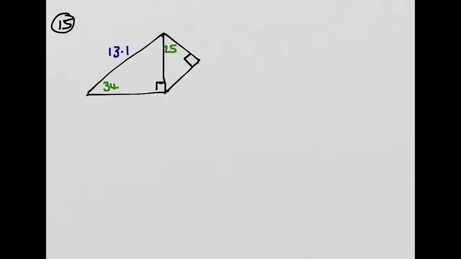Question 15. Calculate the length of SW. Calculate this distance here. Now, unlike last homework, this one I've actually drawn the two triangles in for you. So hopefully you can see that you first of all need to find this side, which we'll call x, and then once we've found that side, we can do SOHCAHTOA again to find the side that we're needed. So looking at the first triangle,